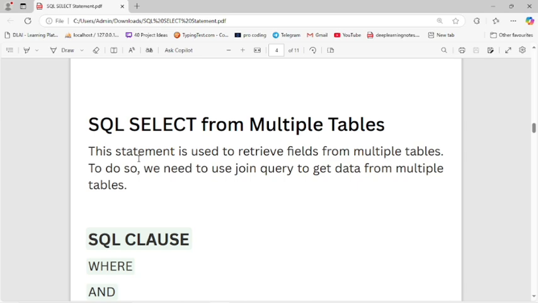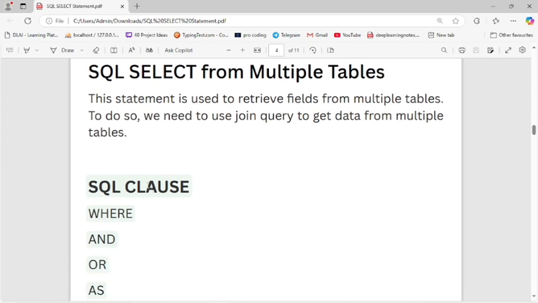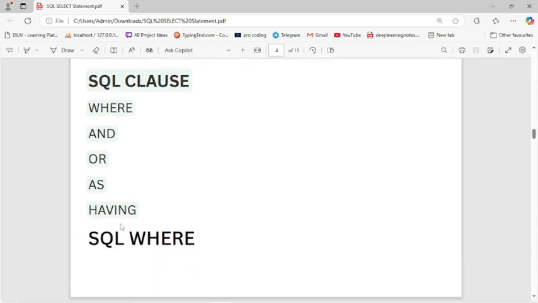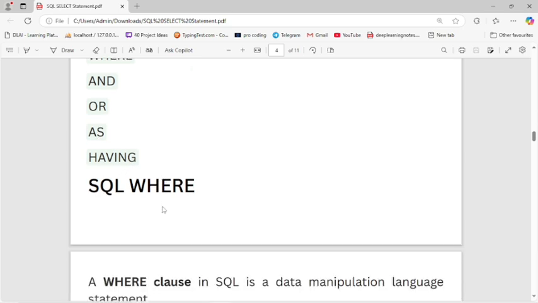We will study that in the next video and other videos. We can use all the join queries then. Let's see all the SQL clauses: the WHERE clause, AND clause, OR clause, AS (alias), and HAVING keyword, and also all the other keywords present in SQL.